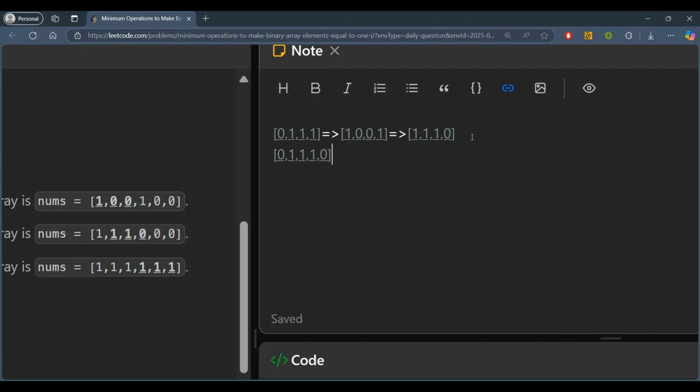Okay, so now in the first flip we are taking three consecutive numbers. So this first number got converted to 1, and then 0, and then 0, right? Apart from these, the rest will be the same. And then again I am taking another flip. In that flip I have to start from this 0, because this is 0. So I will make sure that this 0 is considered first to flip.